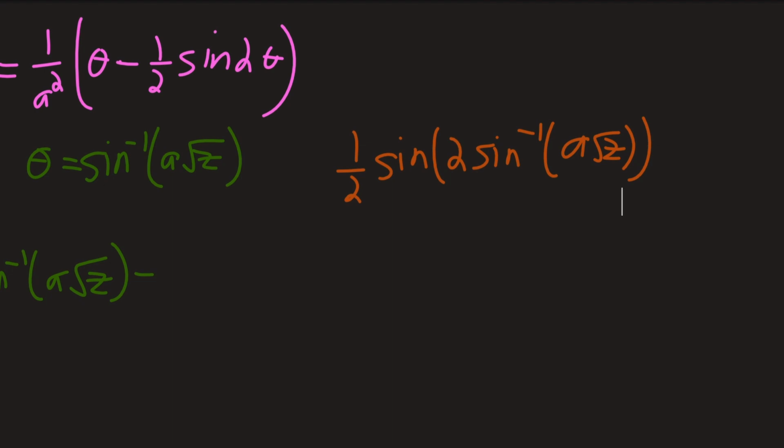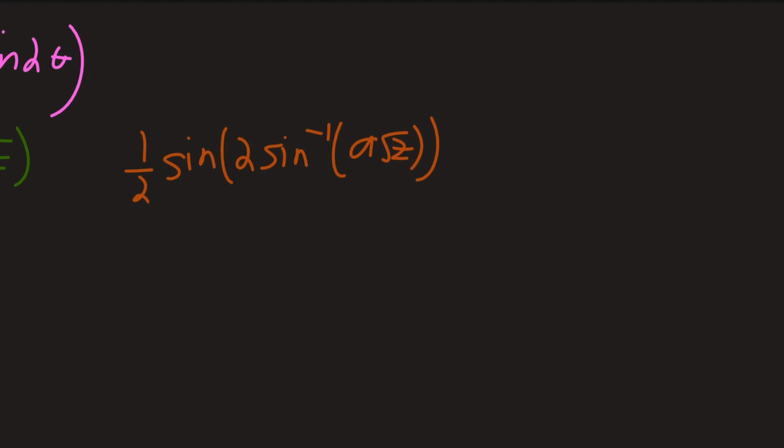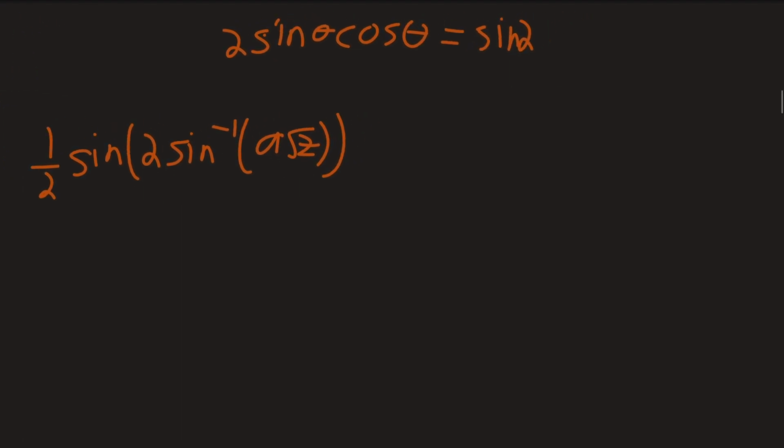And this looks quite ugly, in all honesty. But we can just apply a double angle identity. I forget the actual name, but just the fact that 2 sine theta cos theta is equal to